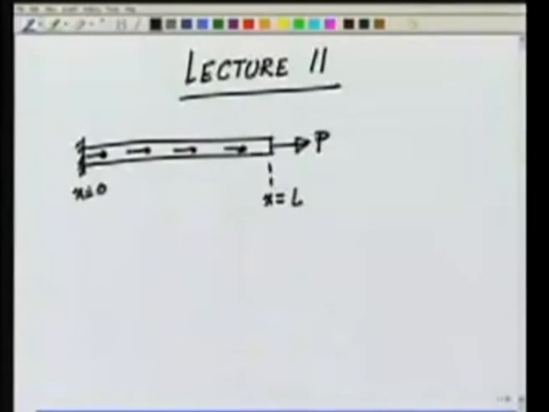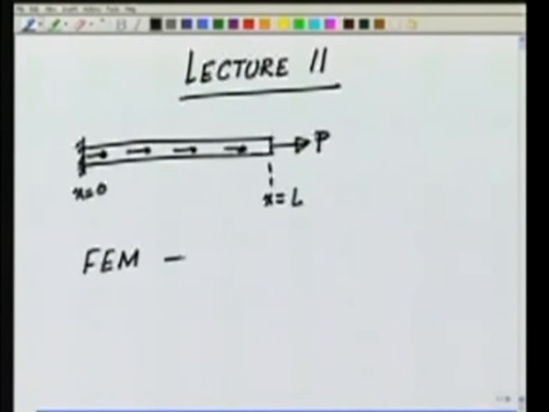And we had said that the bar could be constrained at the end x equal to 0, and it could also have a uniformly distributed axial spring, that is, it is lying on an elastic support which is going to apply a constraint to the motion or give a resistance to the motion. So, for this problem we had developed the finite element method,